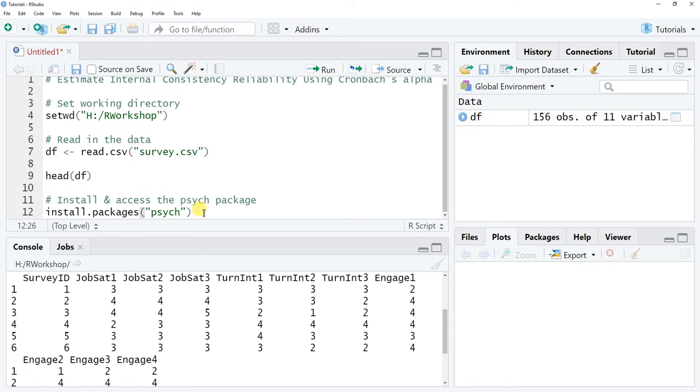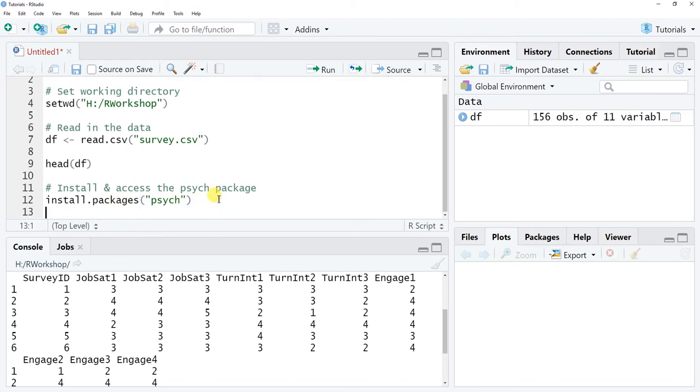Now, I have very recently installed this package and used it, so to save time, I'm not going to click run because that can sometimes take a little bit of time as it's installing. But if you've never used this package before, definitely run this line of code. Otherwise, you can skip down here, and if you've recently installed this package and have access to it,